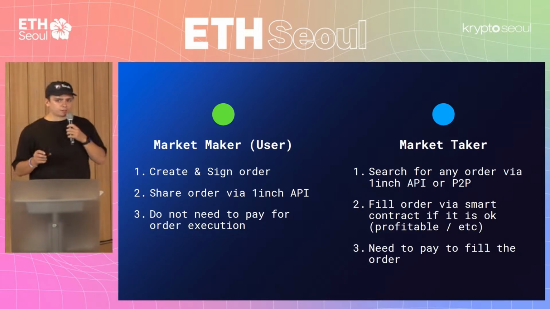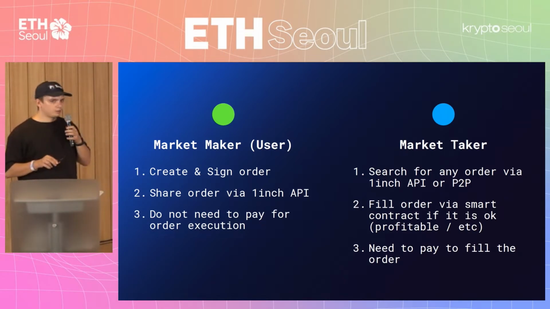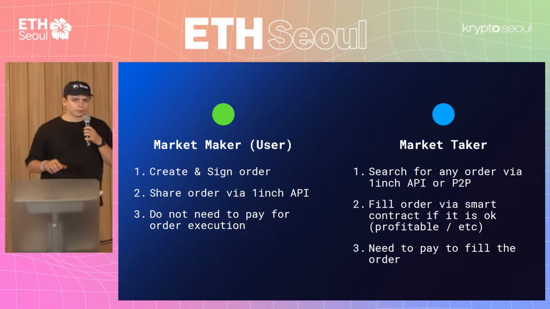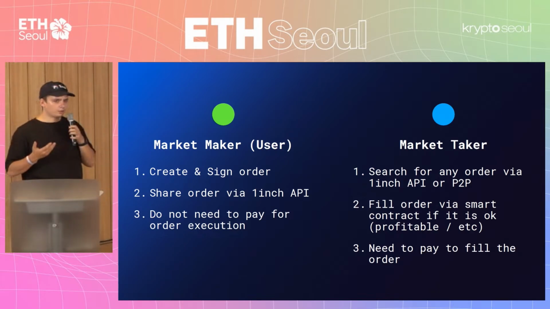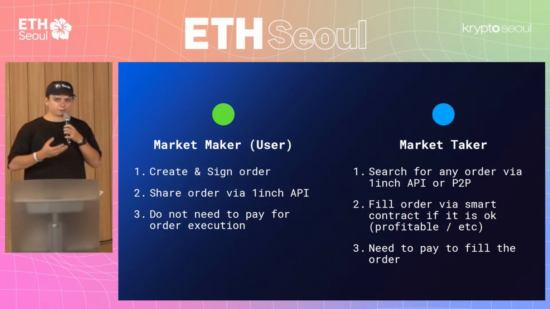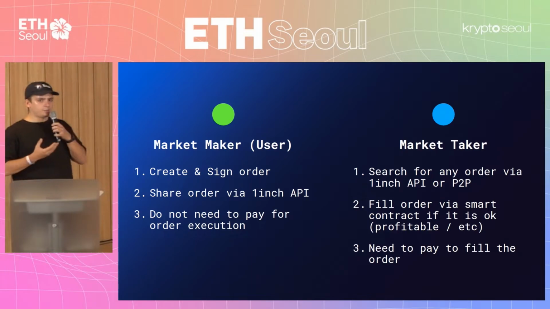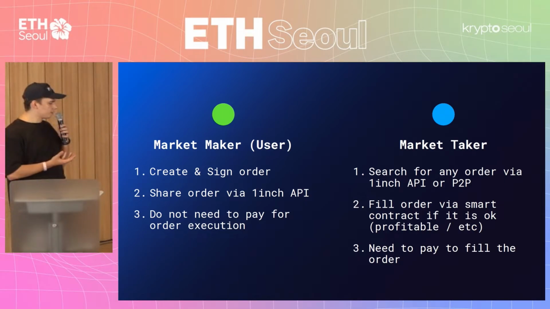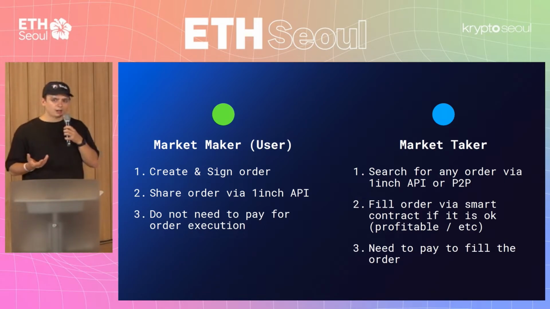There are two parties to a swap in the limit order protocol: market maker and market taker. The market maker is the person who basically creates an order. You just create it with some conditions, and you need to sign it via your wallet. After that, you just need to share this order with the whole network via the 1inch API. And also, you don't pay for gas at this moment. If you don't have an allowance for the token, you don't need to pay for gas. You just create any order with any amount that is available in your wallet,